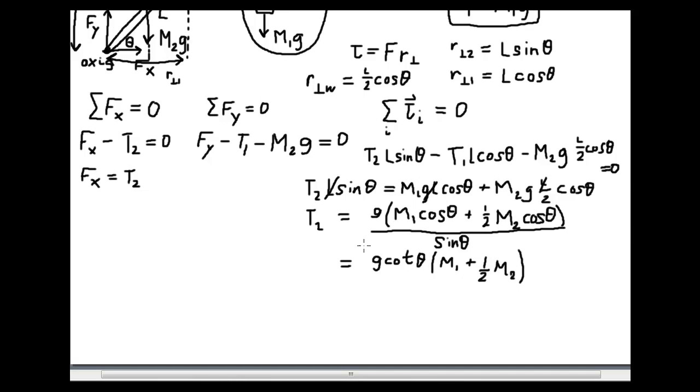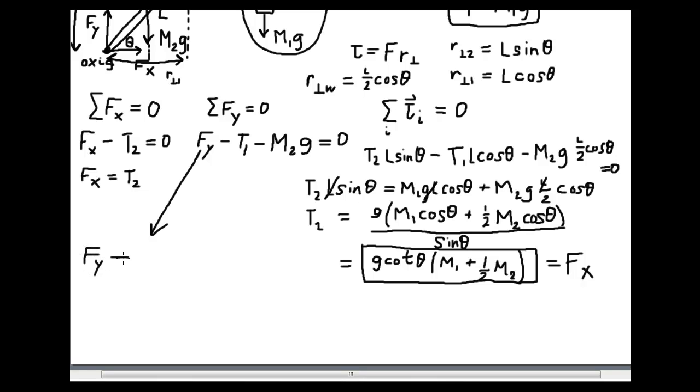We've used the expression for T1. That gives us T2. And notice, we already said from one of our earlier equations that whatever we got for T2 was also going to be the same as Fx. So that's Fx as well. So we've got 3 of the 4 terms. The only one left is the Fy term. And that is easy to get, because from this equation here, we can solve for Fy. It only depends on T1 and M2G. So Fy